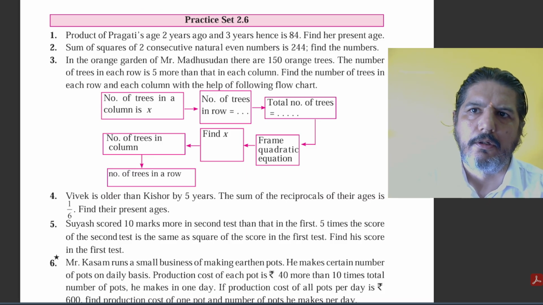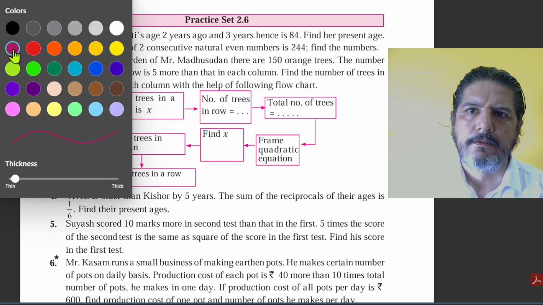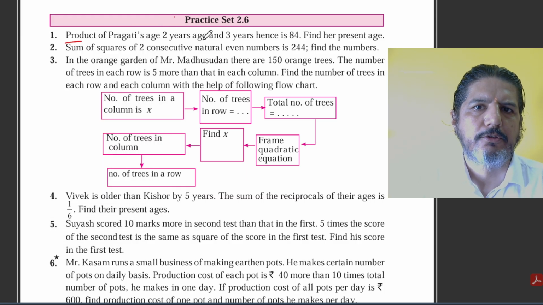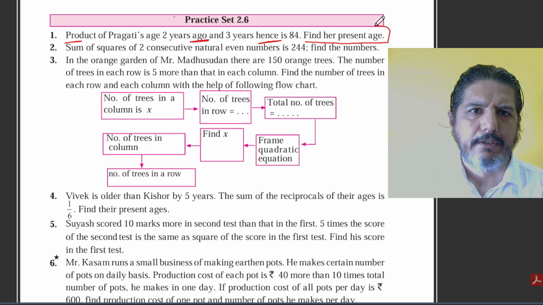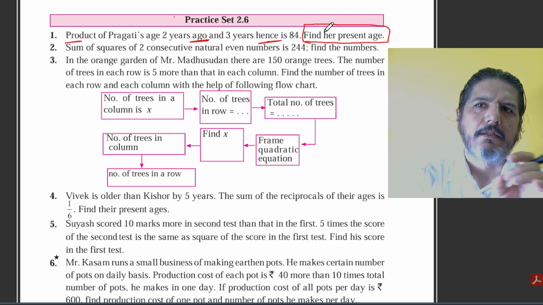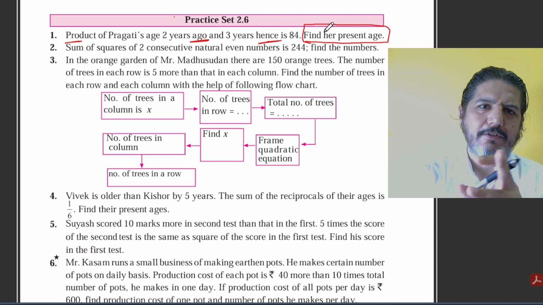So let's look at this question. Product of Pragati's age 2 years ago and 3 years hence is 84. Find her present age. Now, in all these word problems, in 95% of the cases,